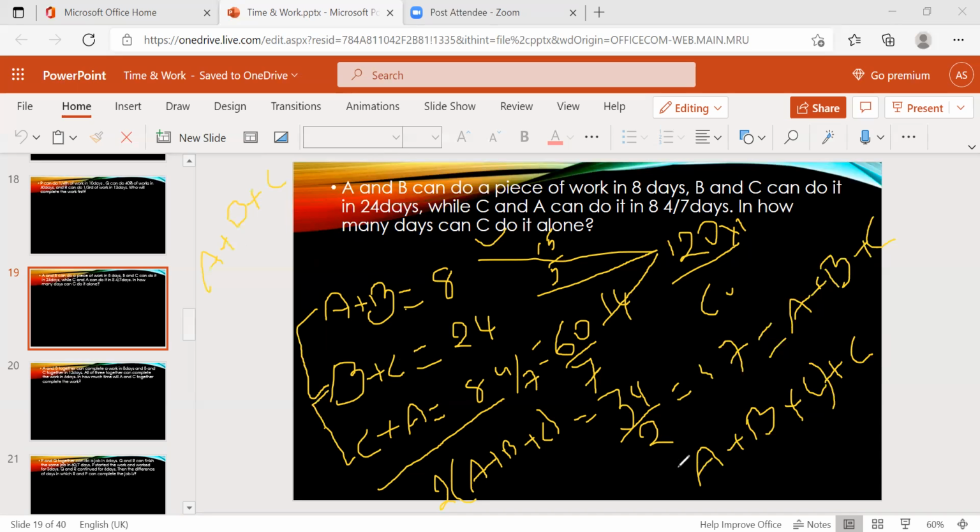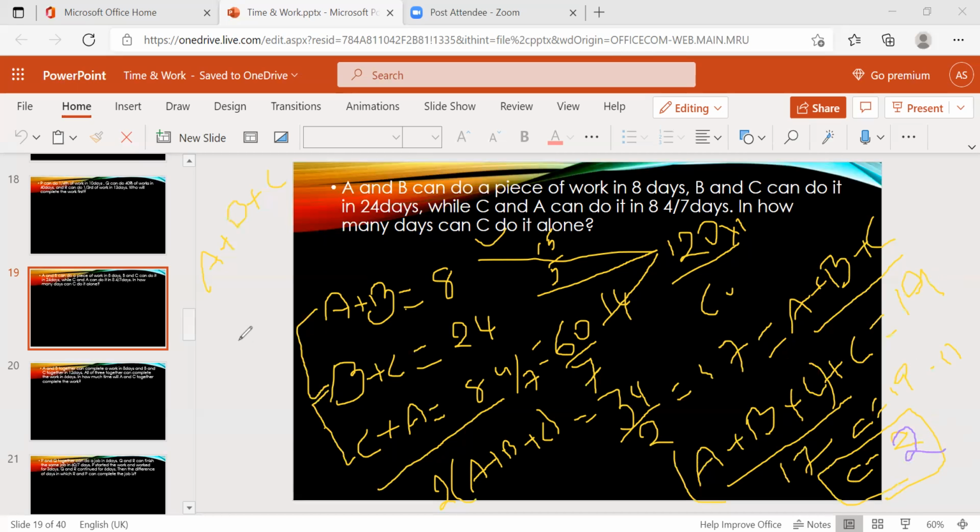So we know this value. What is this value? A plus B is nothing but 17, right? And add this: 5 plus 14, it's nothing but 19, right? From this, it is 17 and C equals 19 minus 17. It's nothing but C's efficiency is 2. Guys, you need to note it down. We found this efficiency. This 2 is nothing but the efficiency.